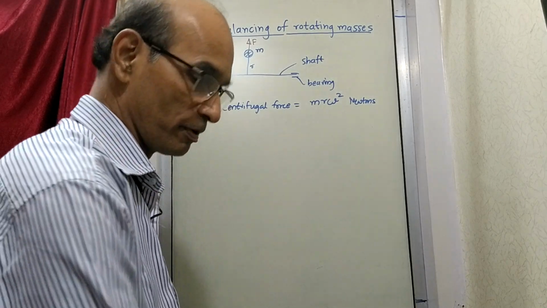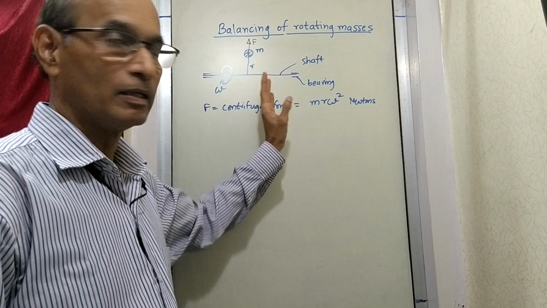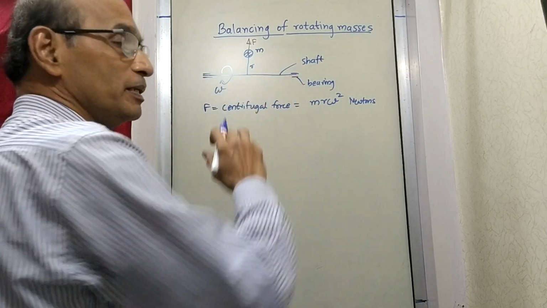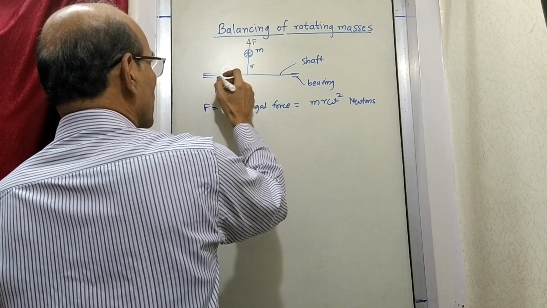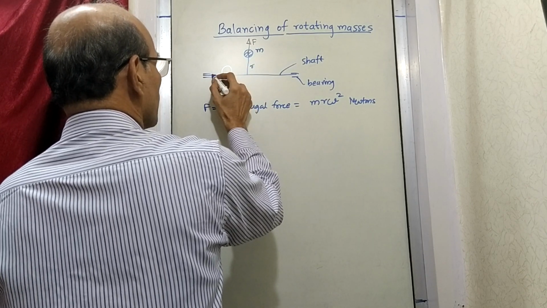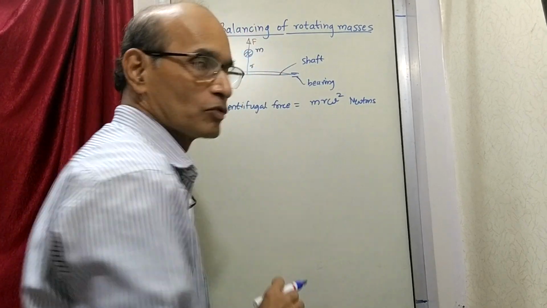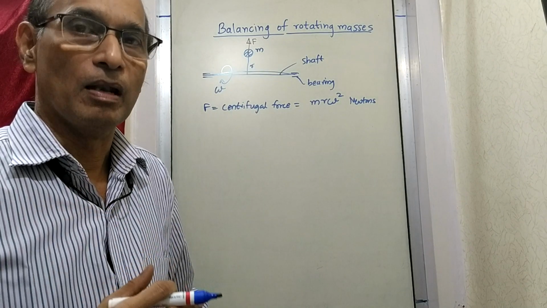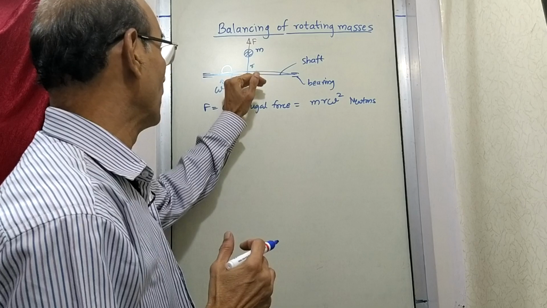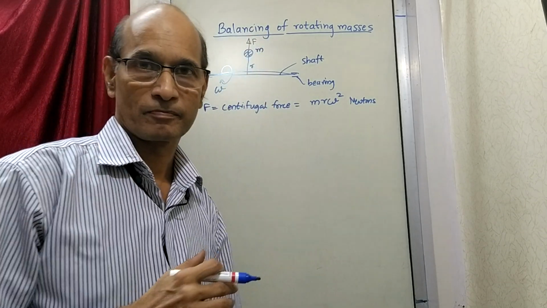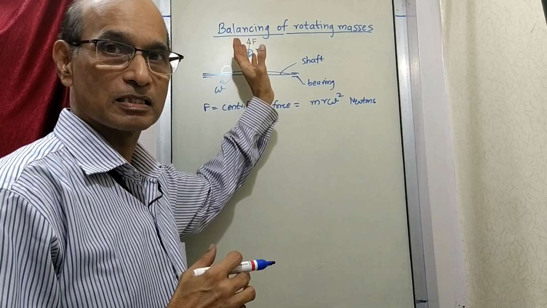But now see what happens because of this mass which is rotating. Once this mass is there, the rotation of the shaft will be disturbed. Disturbed in the sense that this mass will be trying to pull the shaft like this. So maybe the shaft will have a tendency to move something like this. It will get stretched like this. As a result, it will not remain stable. Now we have to do something so that the shaft will not have a tendency to move like this. Or in other words, by some means we have to balance or cancel this centrifugal force.